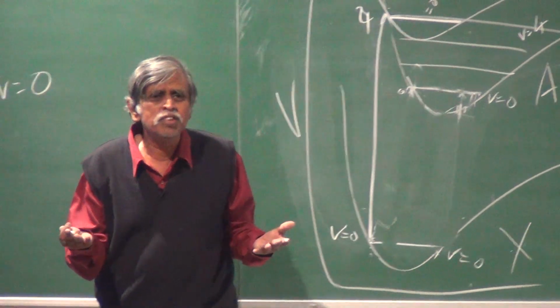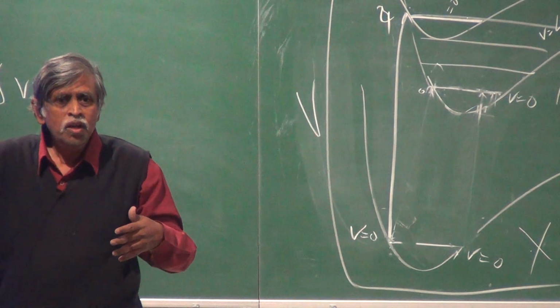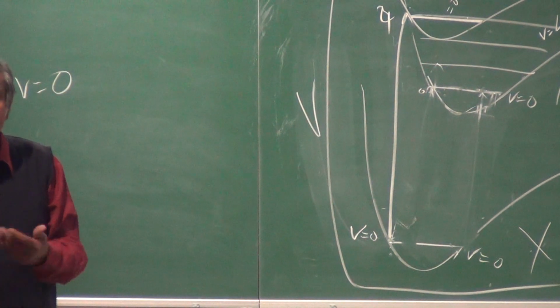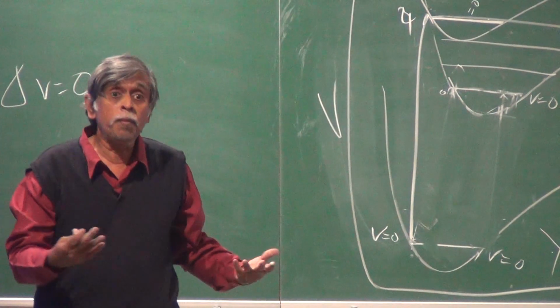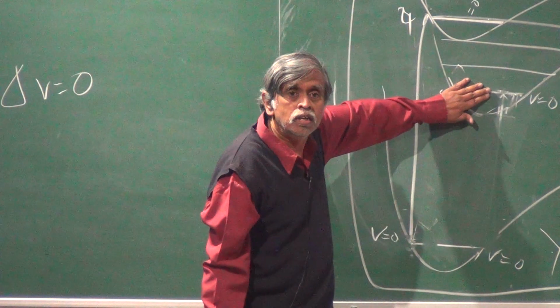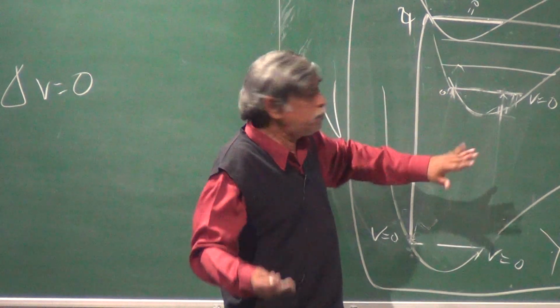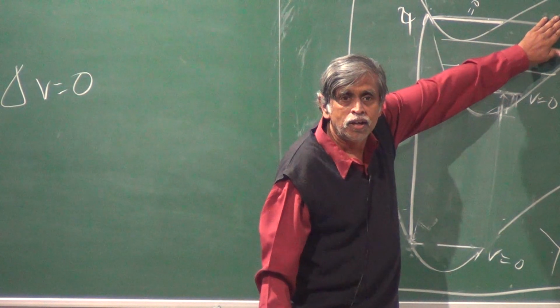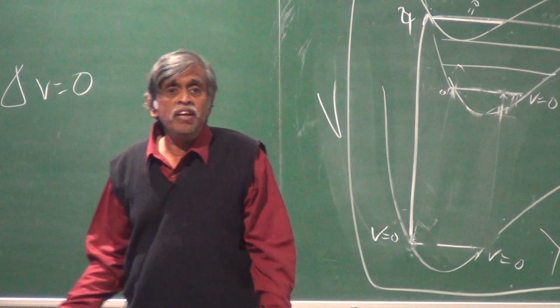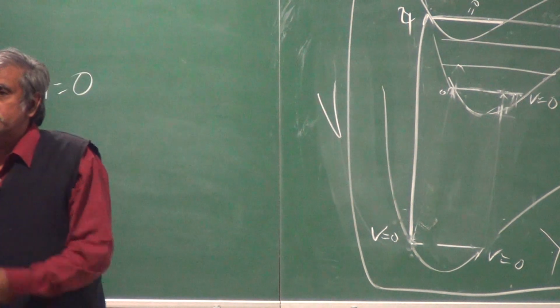The transition probability, as we saw earlier, is an integral, which tells the probability of transition from one state to the other. If the transition probability from here to here is greater than from here to here, then most of the time it's making a transition to V equal to 4. If the transition probability is nearly equal, there's a 50-50 chance it will go to either this state or the other one.